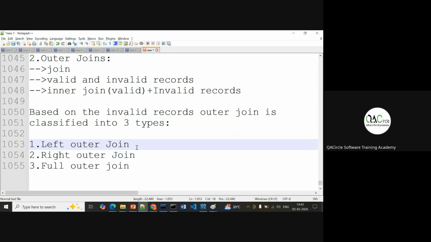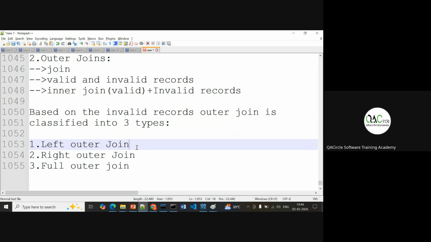So take the small heading: left outer join. Then under the first point, it is a combination of inner join